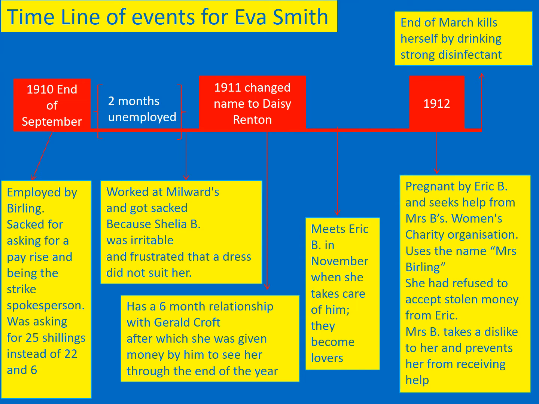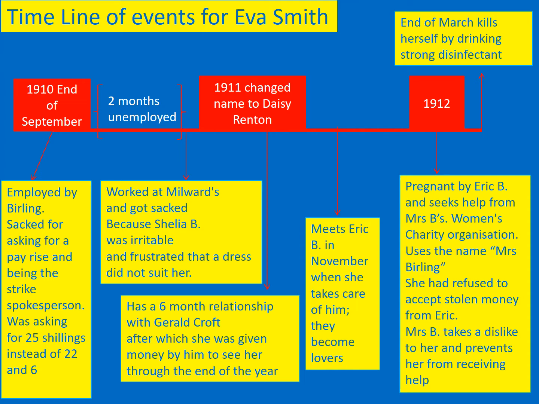This is a timeline of events for Eva Smith. At the end of this, you are going to complete a timeline of events of the plot itself. But to begin with, I would like you to make a note of this timeline in your books. So a timeline of events for Eva Smith, where we started. We started at the end of September, 1910, when she was employed by Mr. Birling and then sacked following the request for a pay rise. We know that she had 2 months of unemployment, but following that, she worked at Milward's and then was sacked because of Sheila's